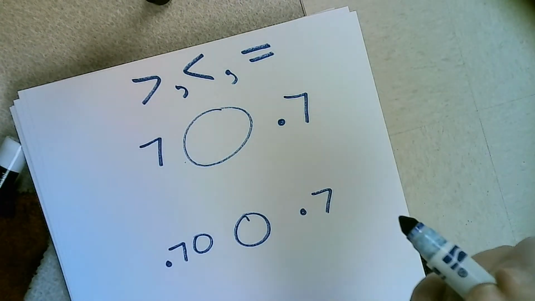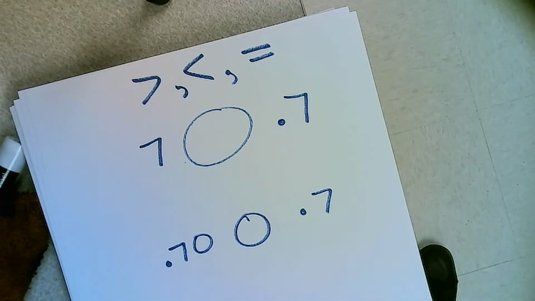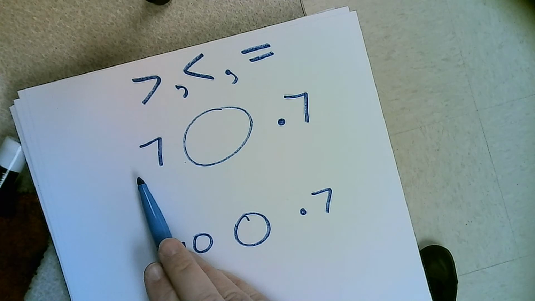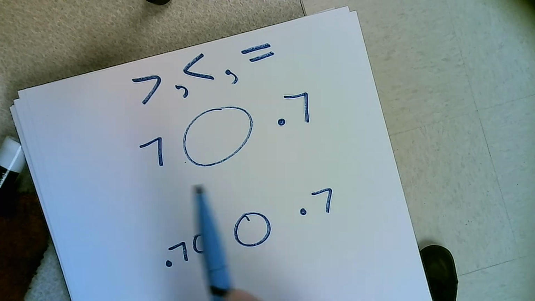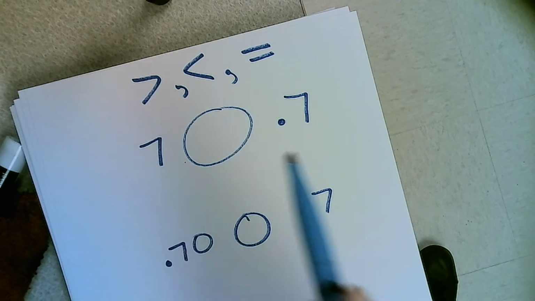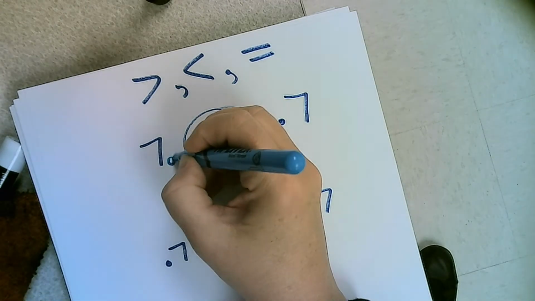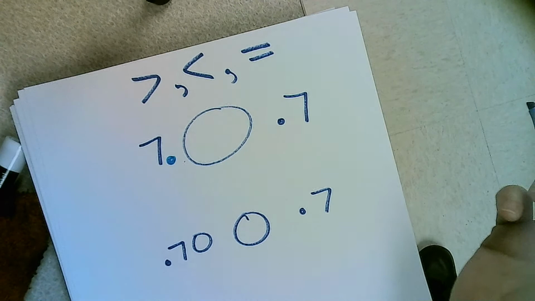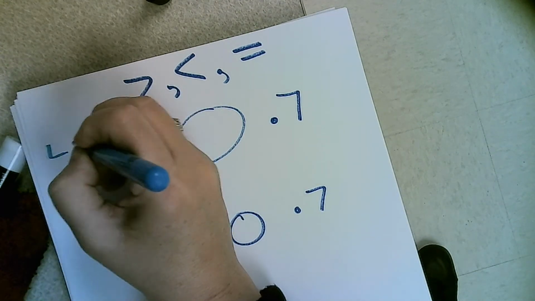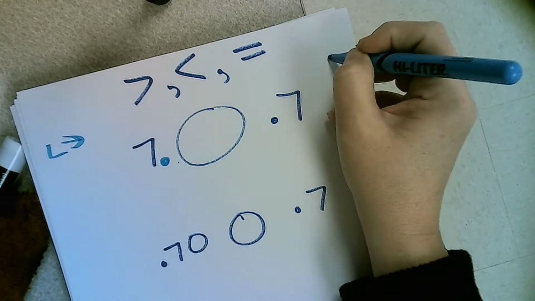I like to determine where the decimal is. Right here, the decimal is invisible. So if I put the decimal here, it would change it to, first I say it's 7. If I put the decimal here, it's 7/10. Only when I put the decimal here is it still 7. It doesn't change the value. Now that I have the decimal, you can, one, compare left to right,